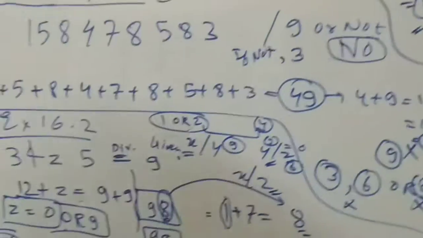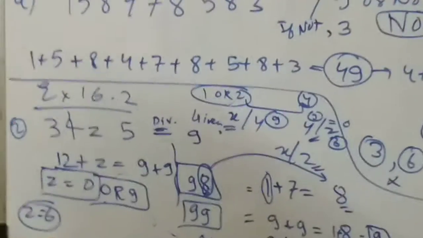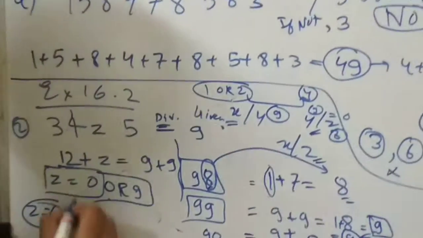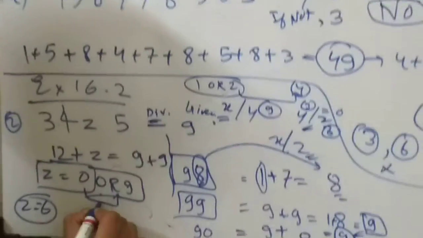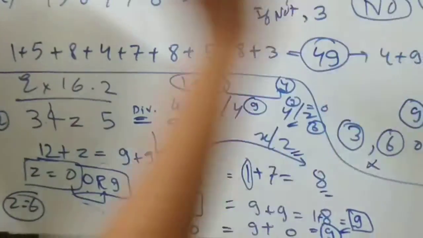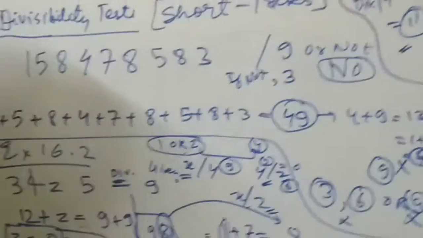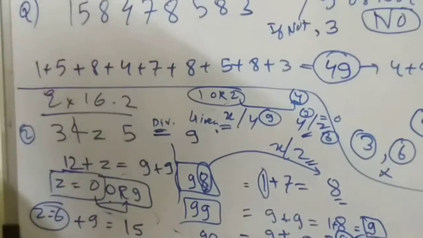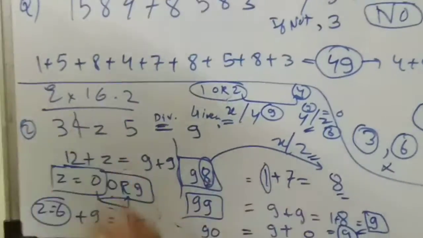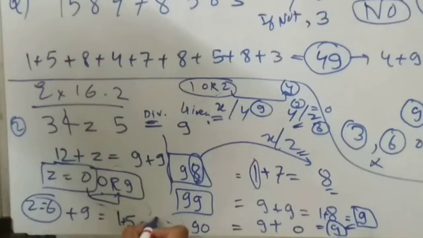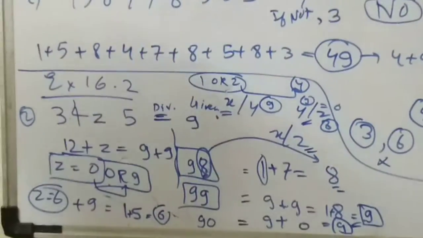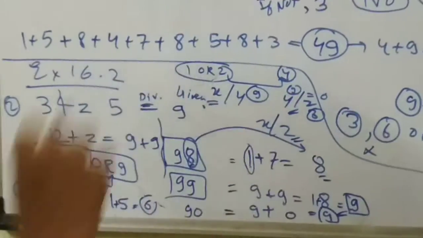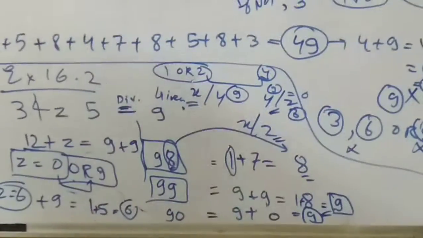Now there can be more than one case here. Why? If you add 6 plus 9, that means plus 9 is done. I have told you again, if plus 9, that means the same number is added, then there will be no change in the remainder. So now 6 plus 9 is what? 15. We don't want 2 digits because we want to simplify our answer to 1 digit only. So 1 plus 5 is what? 6 again, back. That means you are starting from one point and ending back at the same point. So the same story is here.